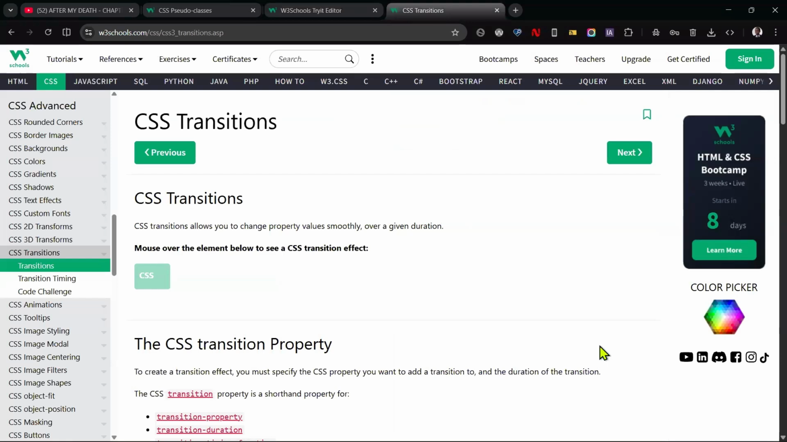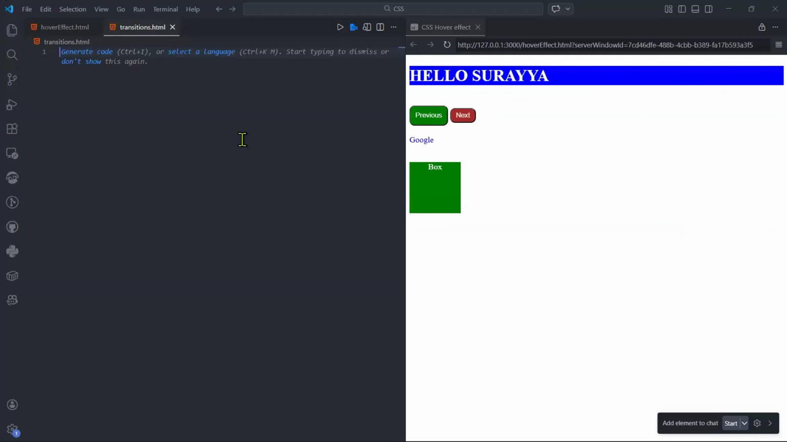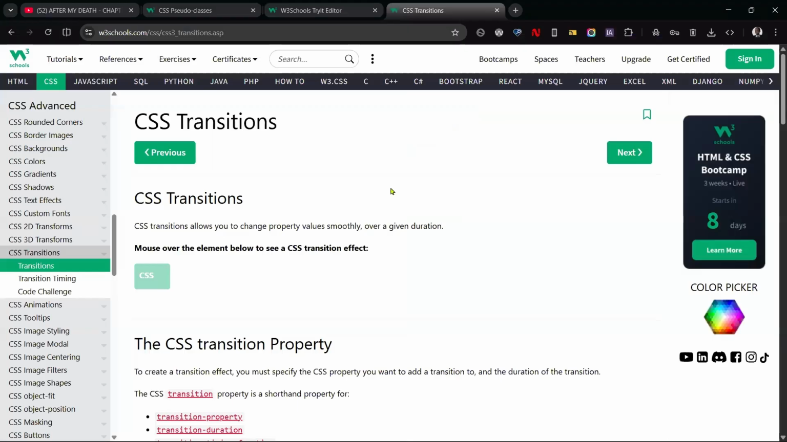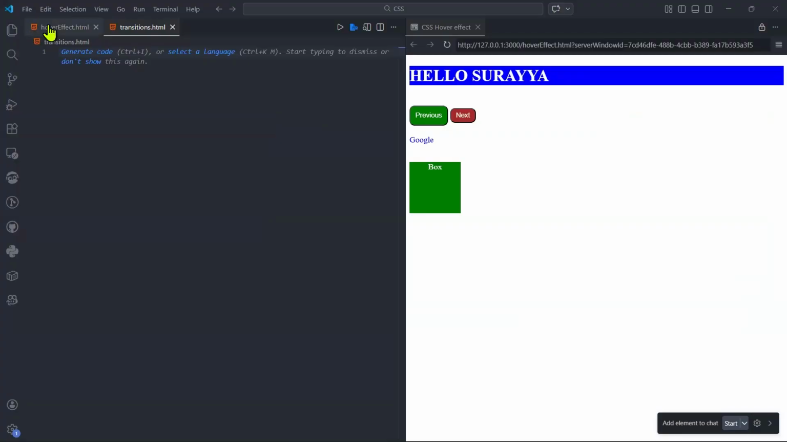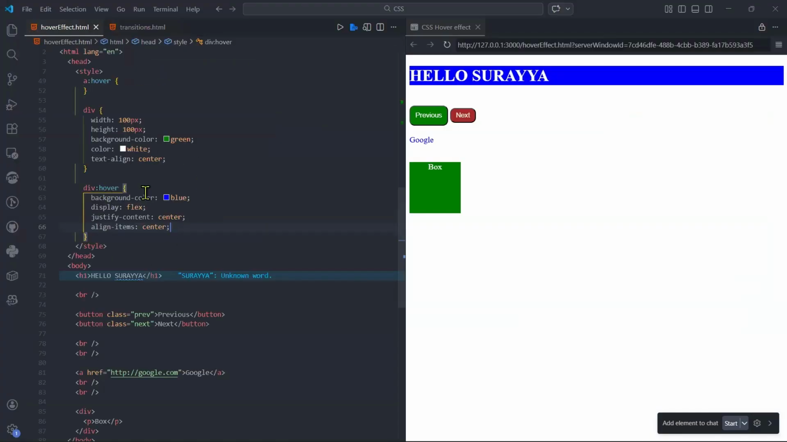So what are transitions and how can we apply transitions into our project? Right. So let's continue with CSS transitions. CSS transitions allow you to change property values smoothly over a given duration, right? So if we were looking at this one, the hover effect, when we apply this hover effect on the box and you hover onto it, this box came in the middle,